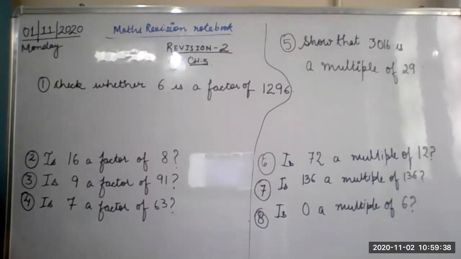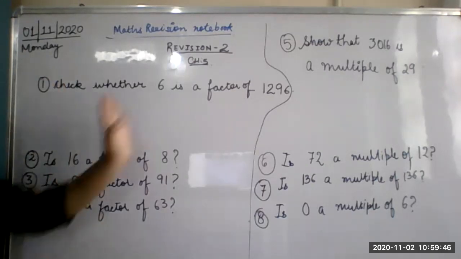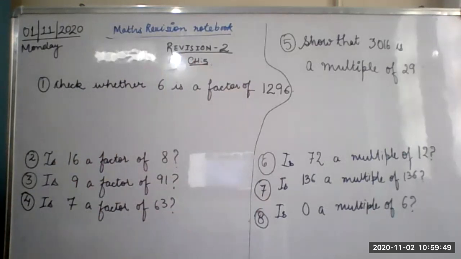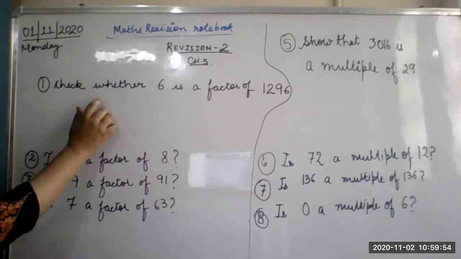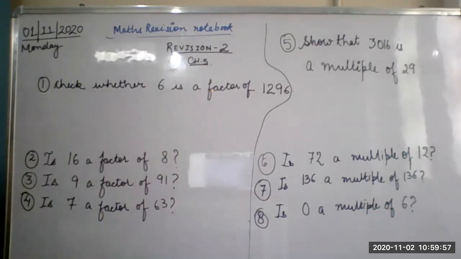Ma'am, do we have to post also? Yes. Ma'am, what do we have to do? Obviously, yes. All 8 answers. Do these 4 on one page, these 4 on the next page. Ma'am, what do we have to do first? These 4 on one page. In this one, you have to do the division. In that one also, you have to do proper division. Ma'am, I can't send it because I'm on a laptop. Send it to me afterwards. Okay, ma'am.